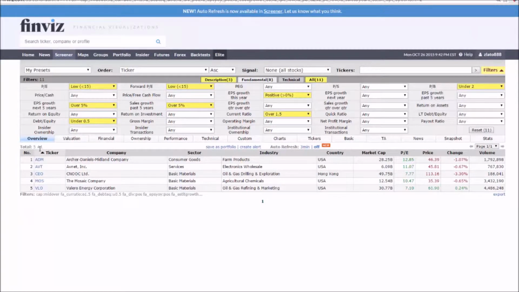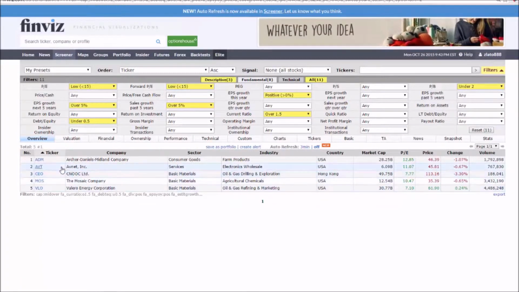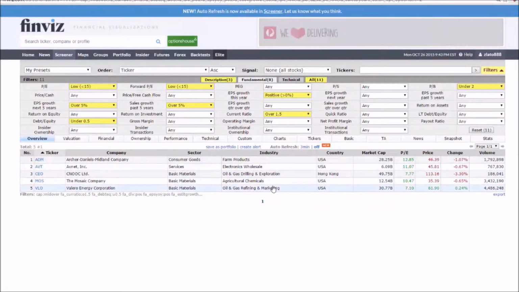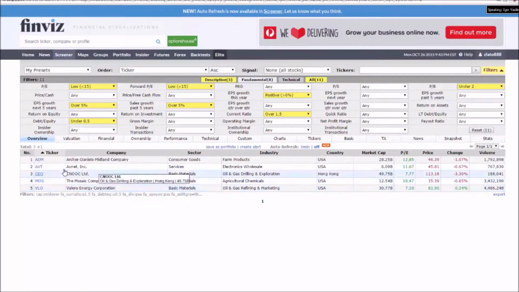Okay, that's how easy it is to shortlist some companies. We can see the name of the company, its ticker, the sector, industry, where the company is located, and the market cap. And of course, I would never ever buy based on that research alone, never. Okay, the next step, what am I going to do? I'm going to research it further.